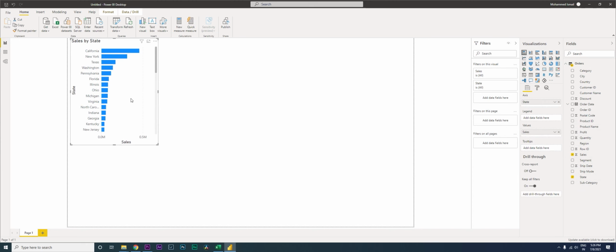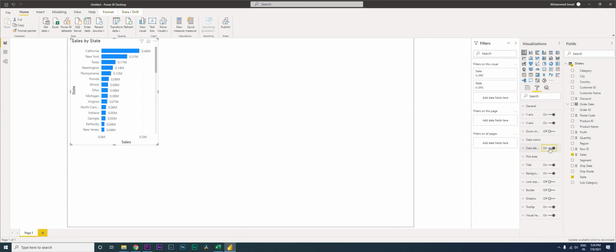So as you can see here, a bar chart has been created, but here we don't see the labels. So let's go over here and go to data labels and select this, click on switch on data labels, and as you can see here, the data labels have been activated, and this is currently set at display units as auto. You can change this to whatever you would like. You can change this to none, you can change it to thousands, or you can change it to millions or billions, right? And then you also have decimal value places. For now, I will leave it at auto because it has already added 2 decimal places, right?